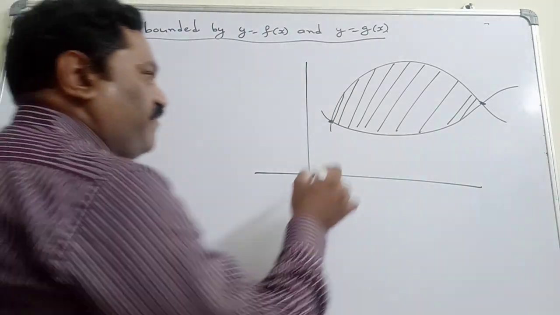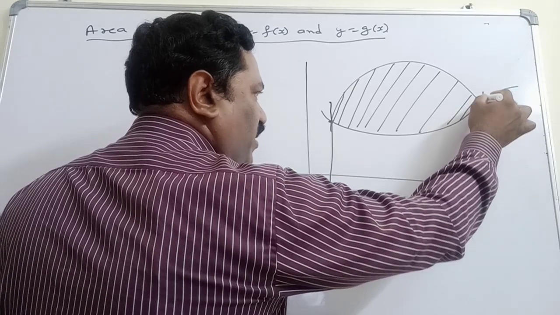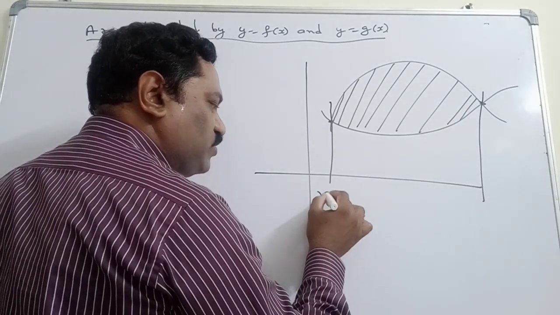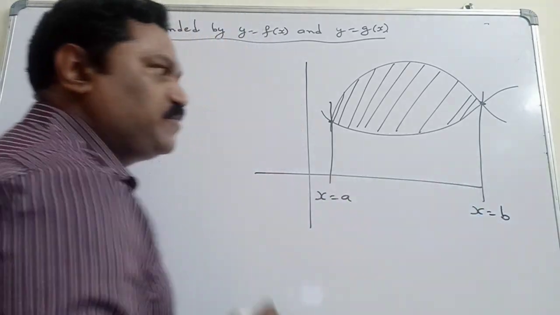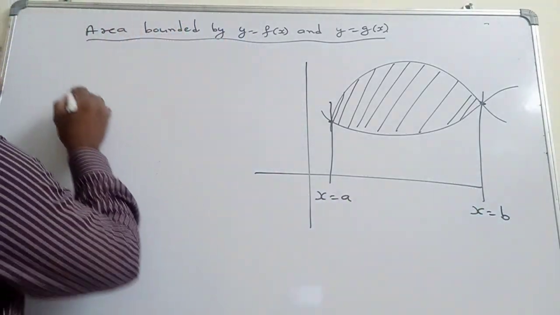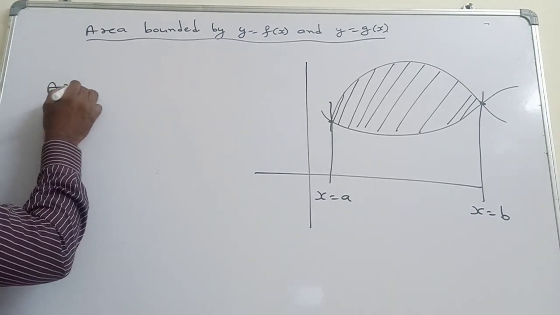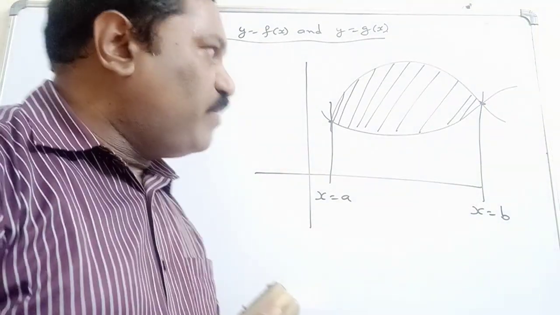At their point of intersection, we have to find their x coordinates or y coordinates. Suppose x is equal to a and x is equal to b are the x coordinates of their points of intersection, let us assume that. Then the required area is, what we will do is, first we will find the area bounded by this upper